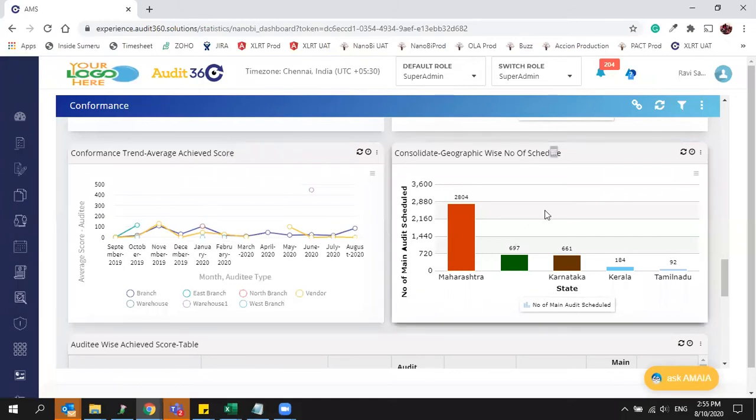And you can see geographical wise number of audits scheduled, like which state, region or location, all in a single chart. I'll demonstrate how you can see that information later.